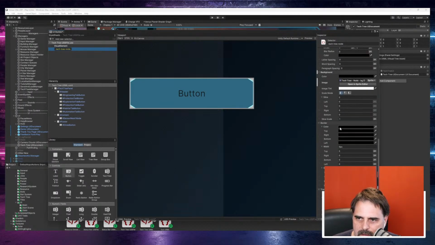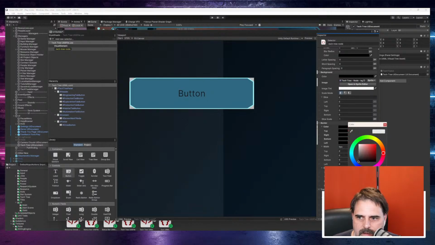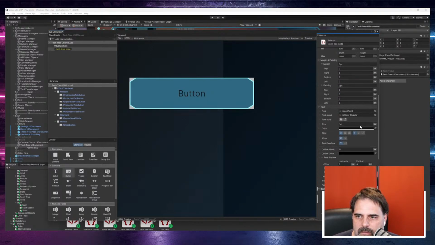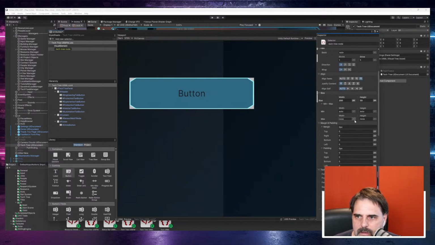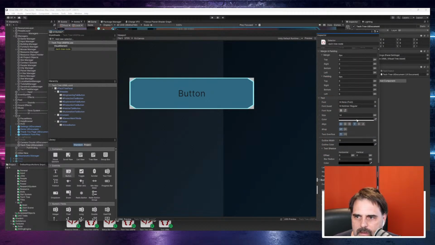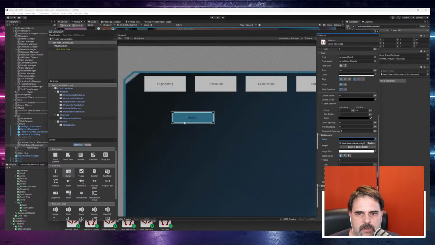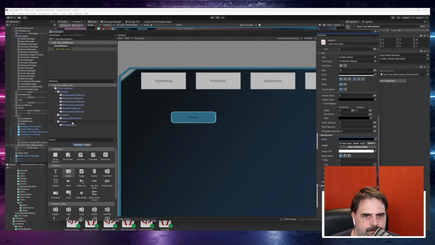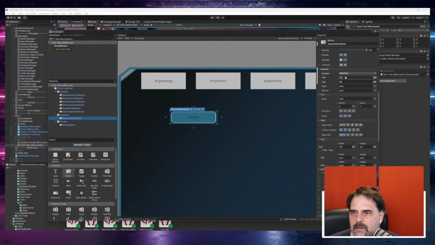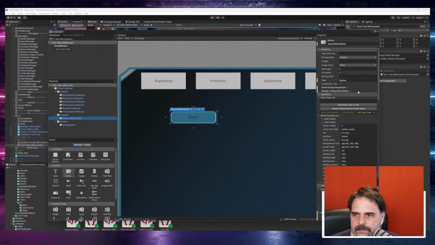I don't think there is a border. Yeah, it's not on. And the background not on the class. Ah, okay. That was weird, but this works. Okay. So that node,